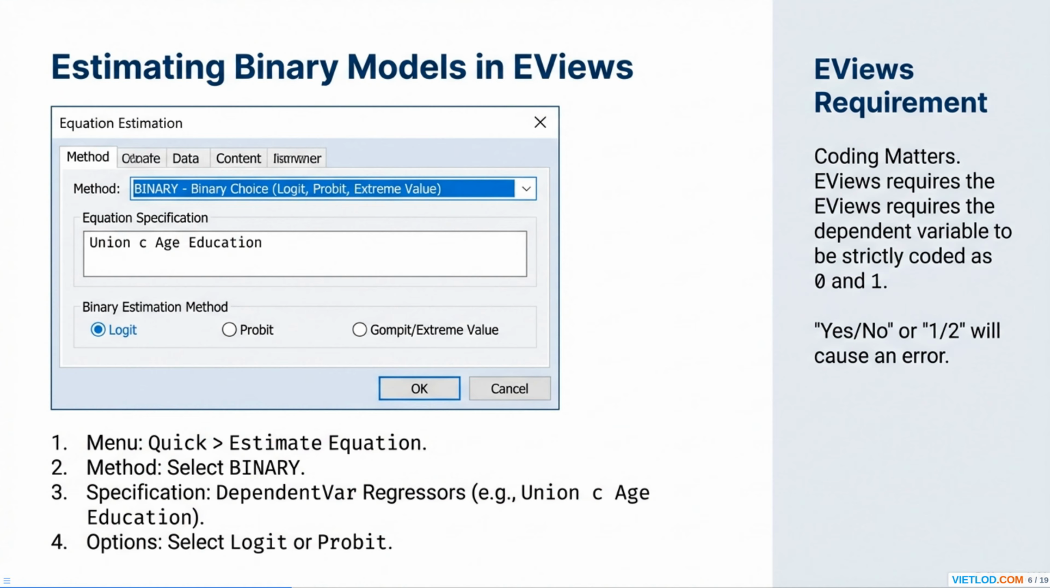First, it is crucial that your dependent variable is coded correctly. EViews requires the binary variable to be strictly coded as 0 and 1. Using texts like yes/no or other numbers like 1/2 will result in an error, so ensure your data is properly formatted before you begin. To estimate a binary model in EViews, you'll start by navigating the menu to Quick, then